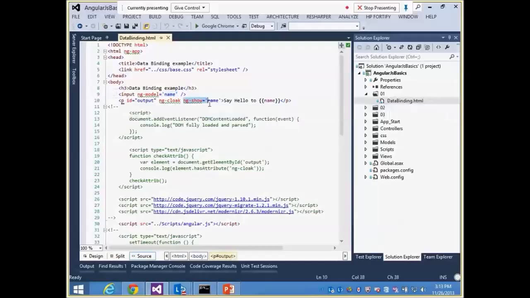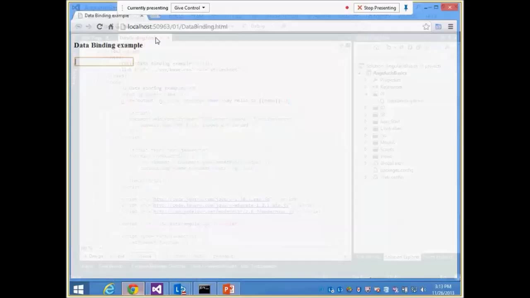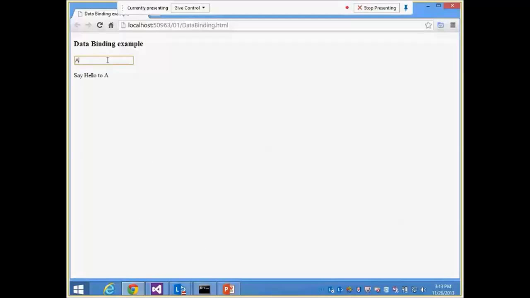Now ng-show here is an attribute from Angular, and anything that says ng- belongs to Angular. That's the namespacing thing that they have. So it basically says show this entire element only if there is a non-empty string value in the name property. And that's the reason why you don't see it when there is nothing here, and the moment you start typing